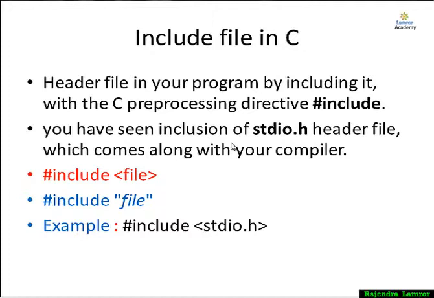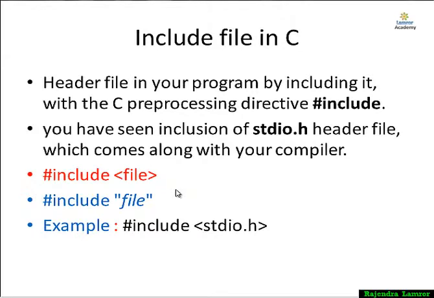Okay, how to include these header files? Whether it is a system-defined header file or your own defined header file, when you include the header file in the program, use the #include word. If you are using a compiler-defined header file, you simply write #include <stdio.h>, that is, #include and the file name, and your header file will be included. If you want to use your own defined header file, then you use #include, double quote, file name with path, double quote. This is another way you can use your own defined header file. This is your compiler defined header file. This is your own defined header file.